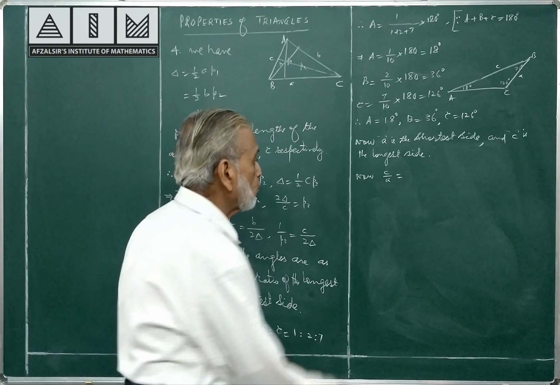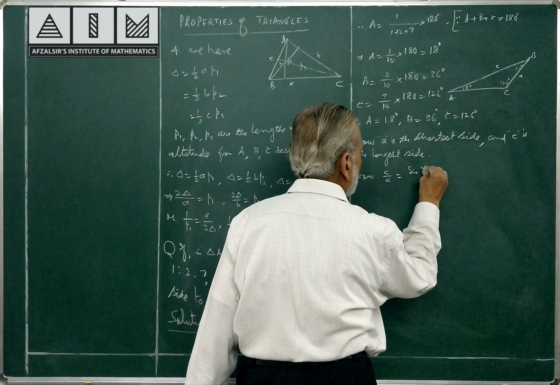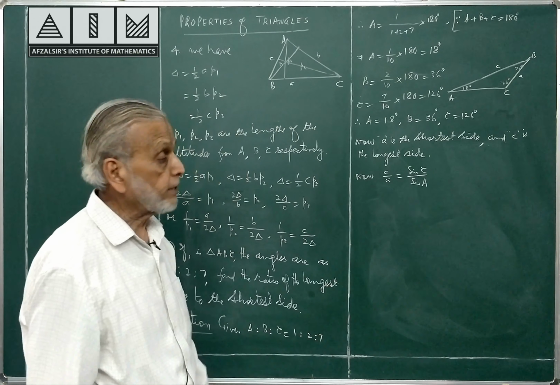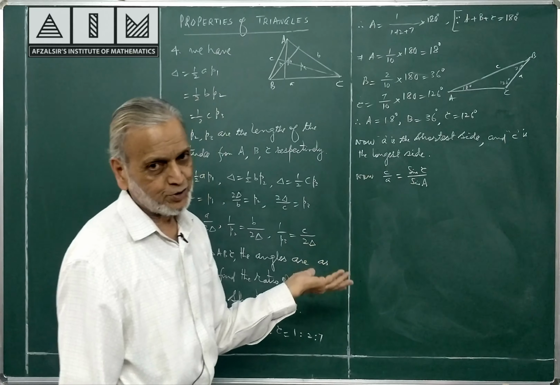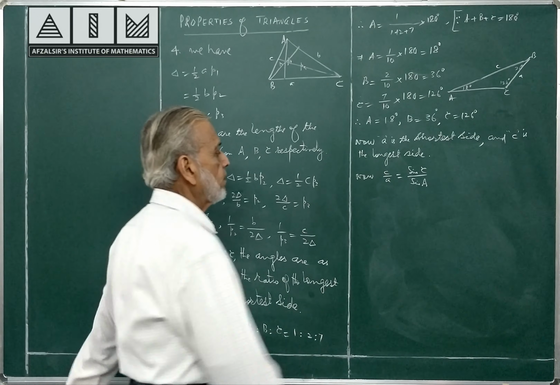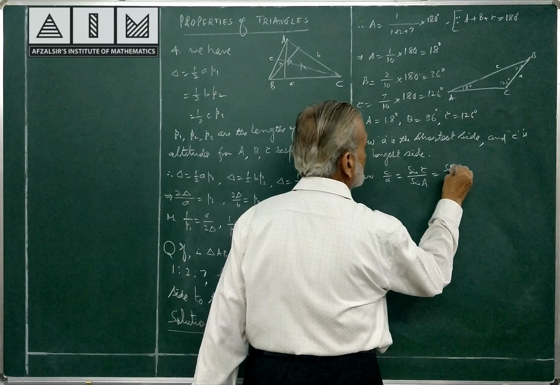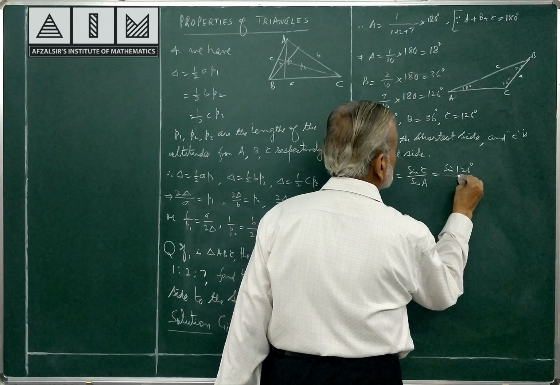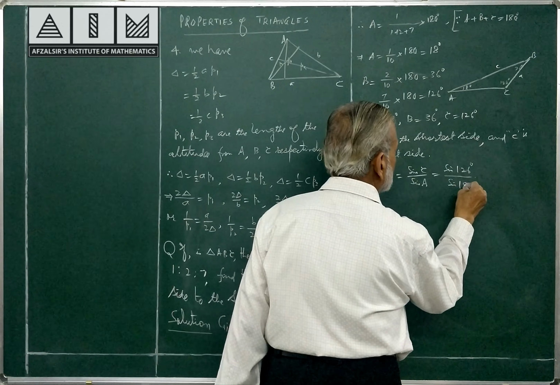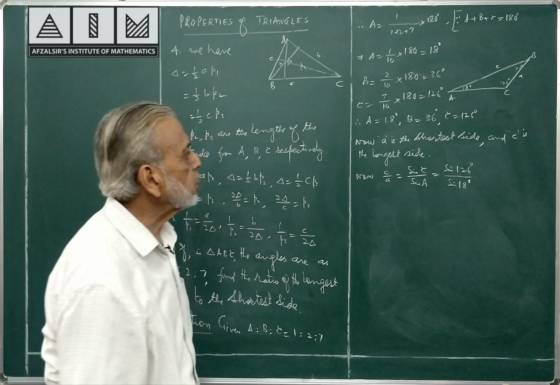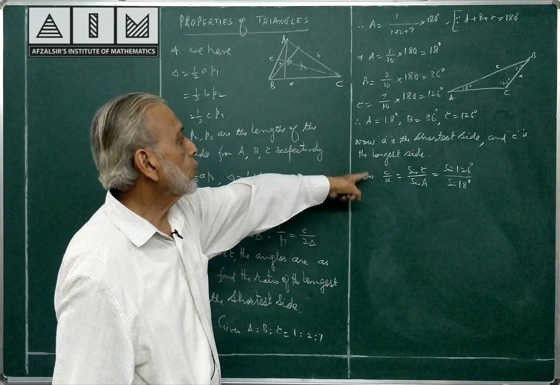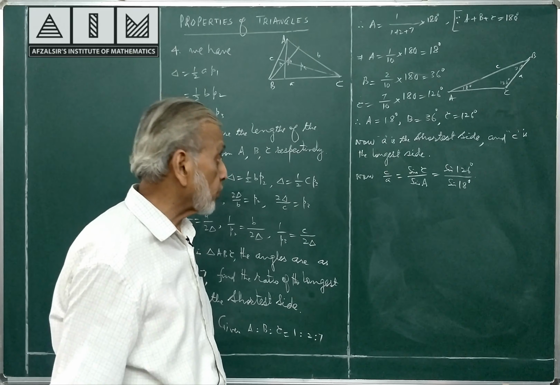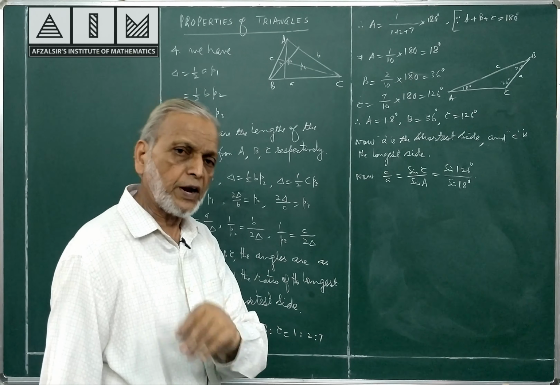And by proportionality, you know this is sin C by sin A. This is what your sine rule says. By proportionality, note that the value of C is not sin C or the value of A is not sin A. It is not like that. It is a proportionality. Watch carefully. C is equal to 126, A is equal to 18, so sin C by sin A is sin 126 by sin 18. Sin 18, you should remember the value. Sin 126, I don't know the value, I am calculating.